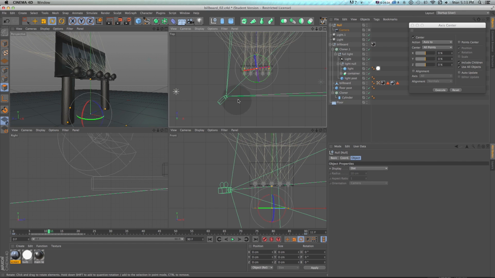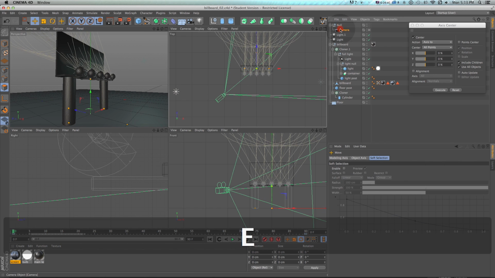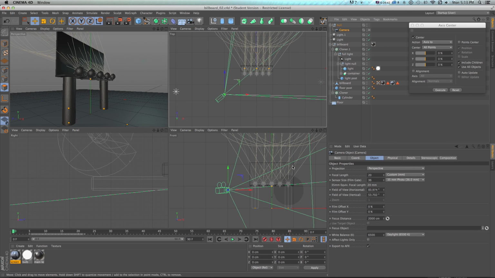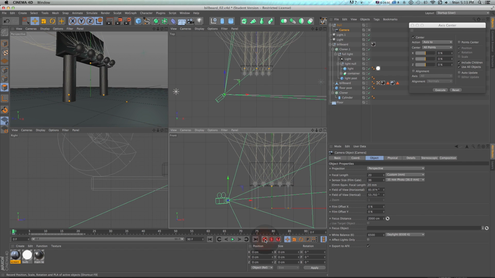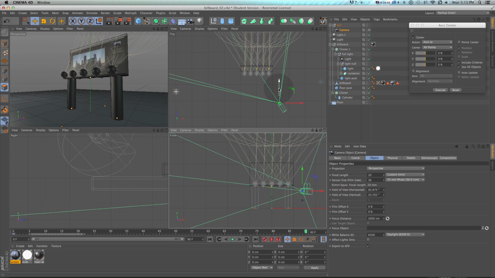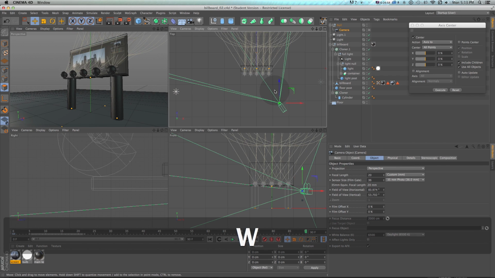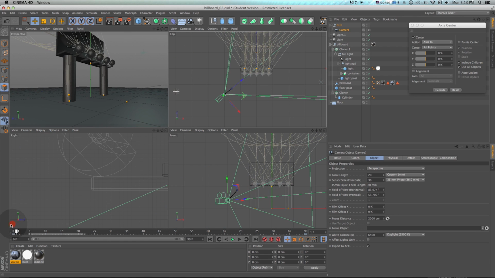and now we have our camera animating smoothly. If we wanted our actual camera to track in while it's doing this, what we could do is grab our camera, and I'll do keyframes on just the position of the camera. So say that the camera starts out a bit lower, and we'll set a keyframe, and then at the end, it's a bit higher and a bit further in. We can press W for our world axis, and it's always going to point that way because that's the way the camera's pointing. So we can then make another keyframe, and now if we go to the beginning, we have this really